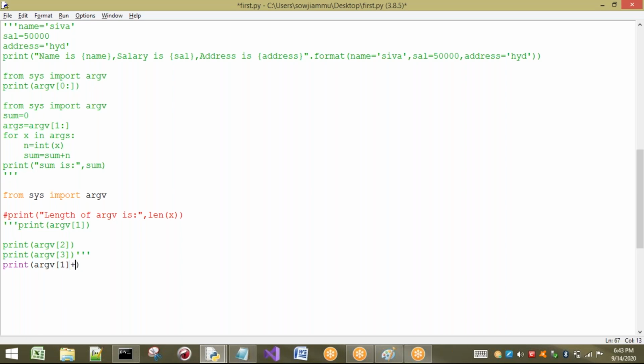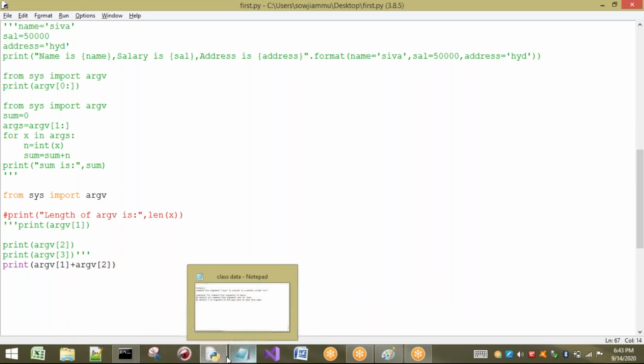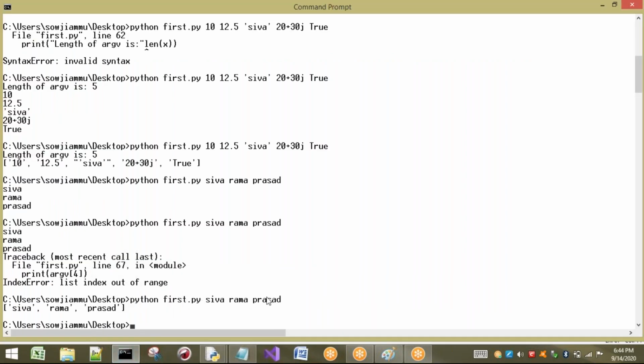So argv of 1 plus argv of 2, for example. Here it is going to concatenate. For example, I will take 10 and 20. So what is the answer here? You may think that the answer will be 30, but the answer will be 1020. The reason is 1020 by default will be taken as strings. So if I concatenate strings, we are going to get what?